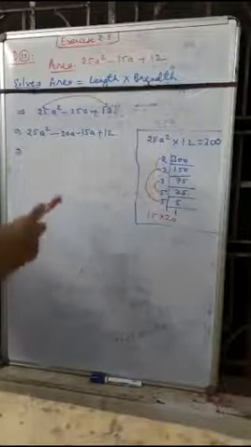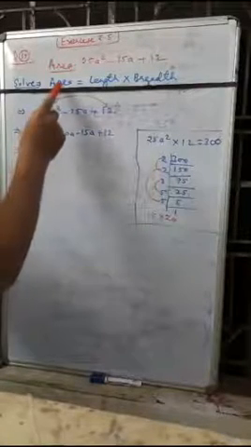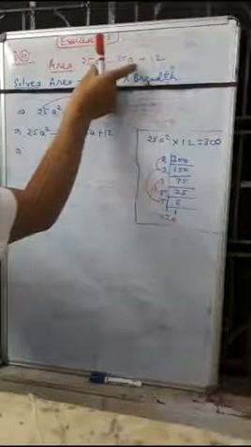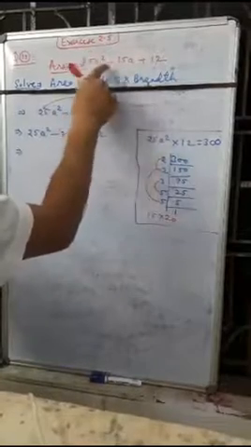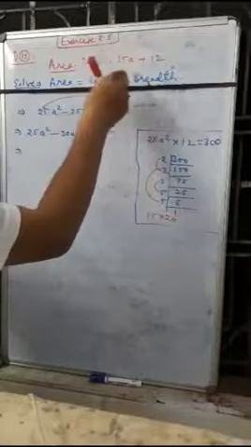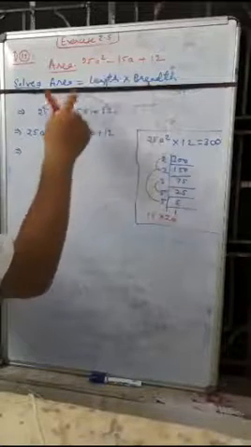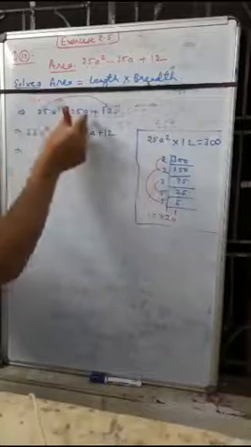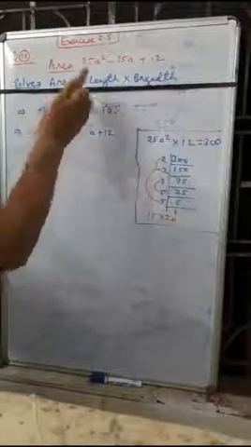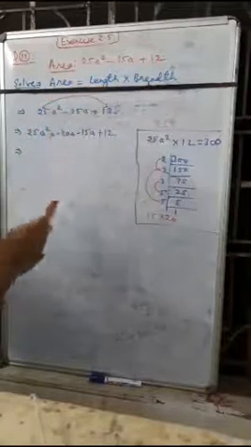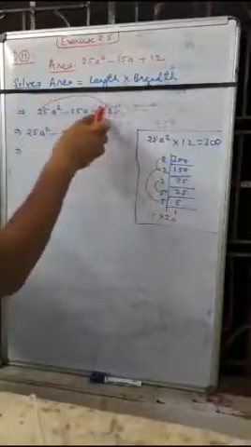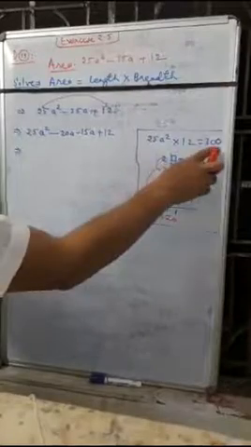We have to convert this area into factors, because we know the area of a rectangle is equal to length into breadth. So we have to convert this expression into two factors. It is a quadratic equation. So by using the method of splitting the middle term, we can find the solution of the given question. We write the question again: 25a square minus 35a plus 12. Here we multiply the first and last term. Product of first and last term is 25a square into 12, which is equal to 300a square.